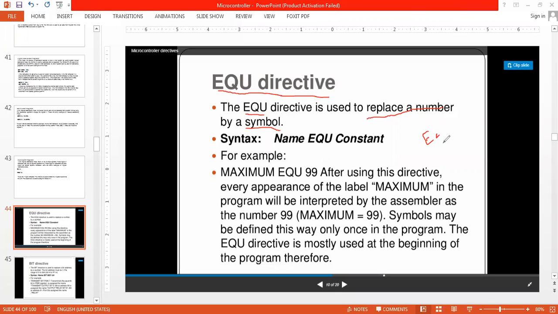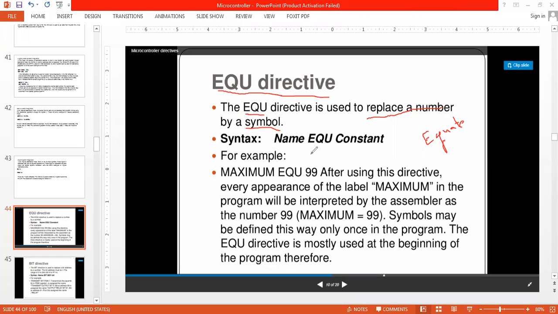EQU stands for equate. Okay, equating a number to a label, where whenever I call a label, in the place of the label, the number is going to be present.